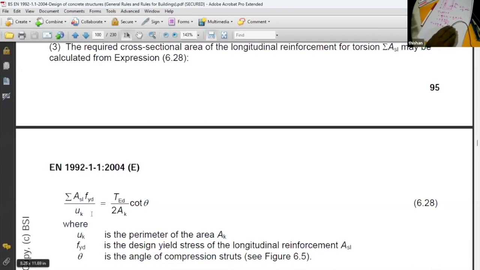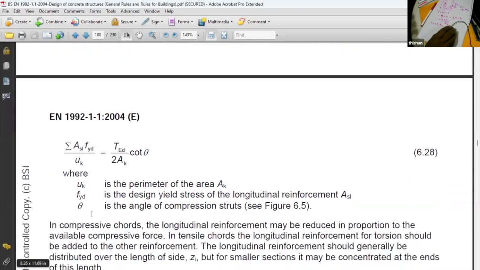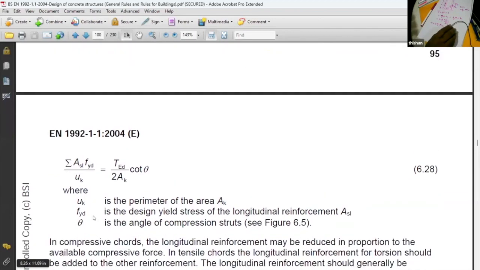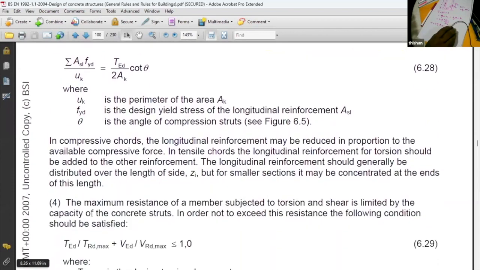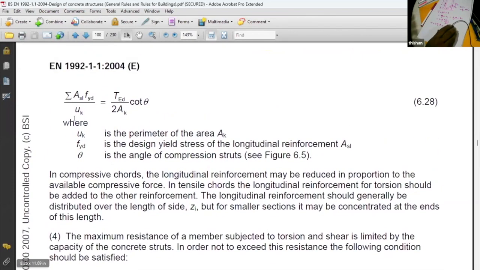UK is the perimeter of the member. And that's all. So it tells us about how to find the longitudinal reinforcement, but it doesn't give an equation